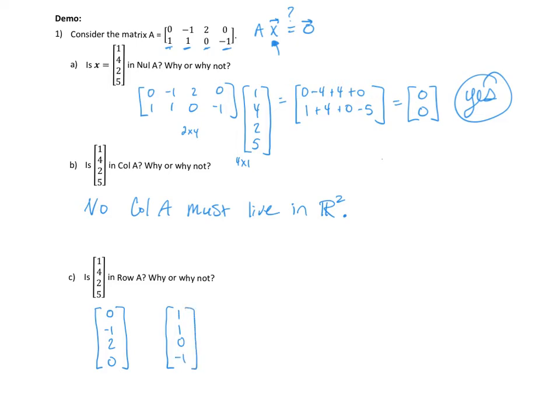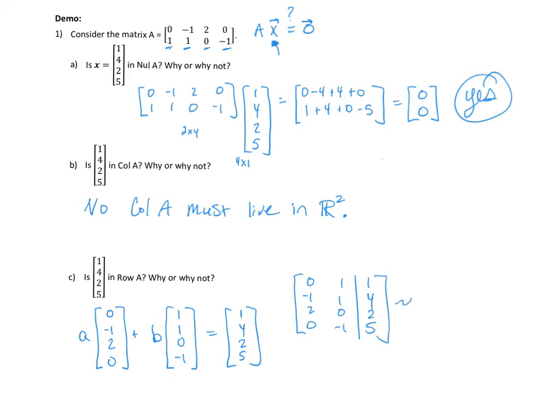Okay, so this question is saying, are there weights that I can put on those 2 vectors to build this vector? So I could set up an augmented matrix and row reduce. So this row reduces to 1, 0, 0, 0, 0, 1, 0, 0, 0, 0, 1, 0,